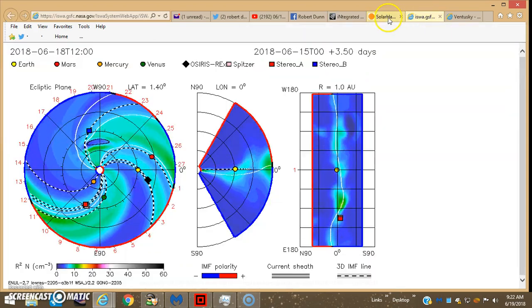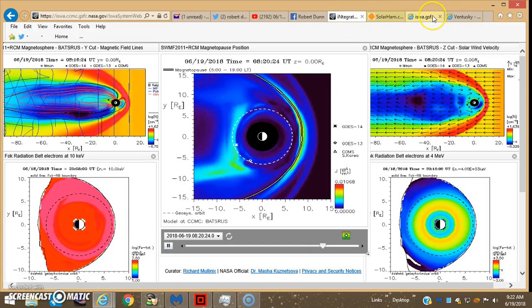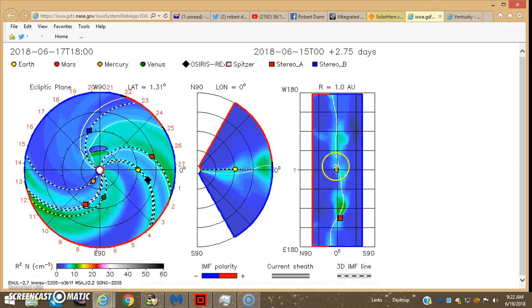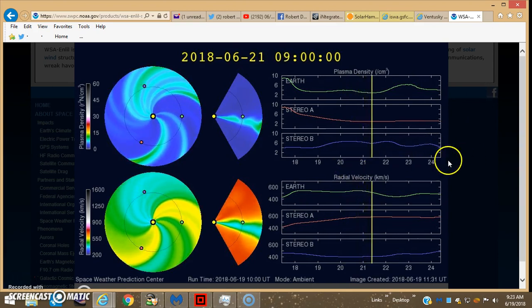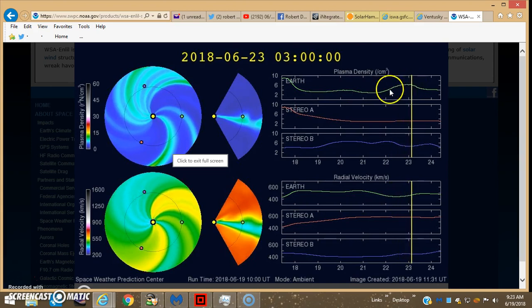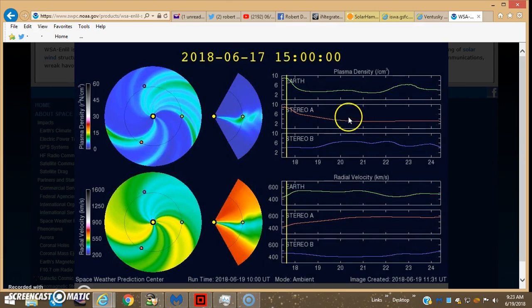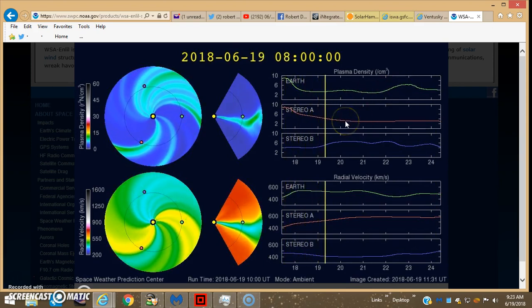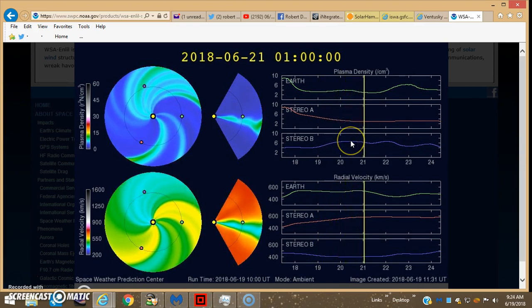I noticed that the solar wind, where is that one? Okay, what I was saying about the solar wind, this measures solar wind speed. There's the plasma density coming from the sun, recorded at the Earth. This is also the same deal, plasma density recorded on the STEREO A and STEREO B